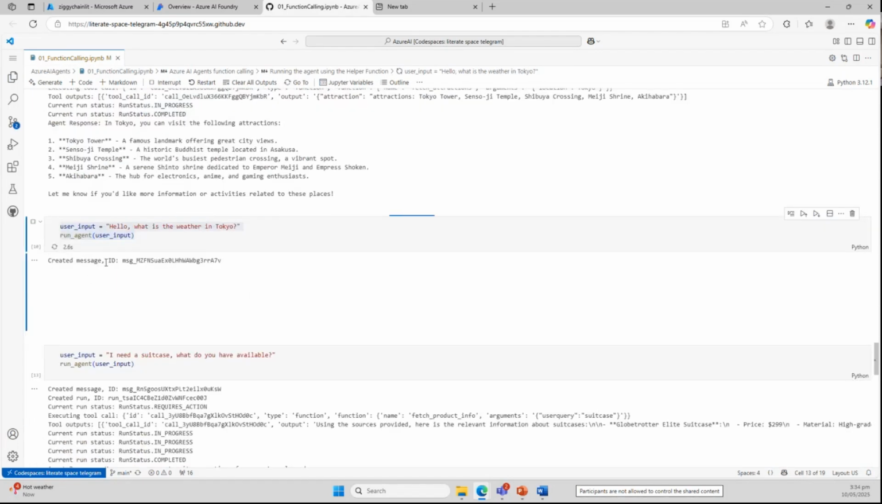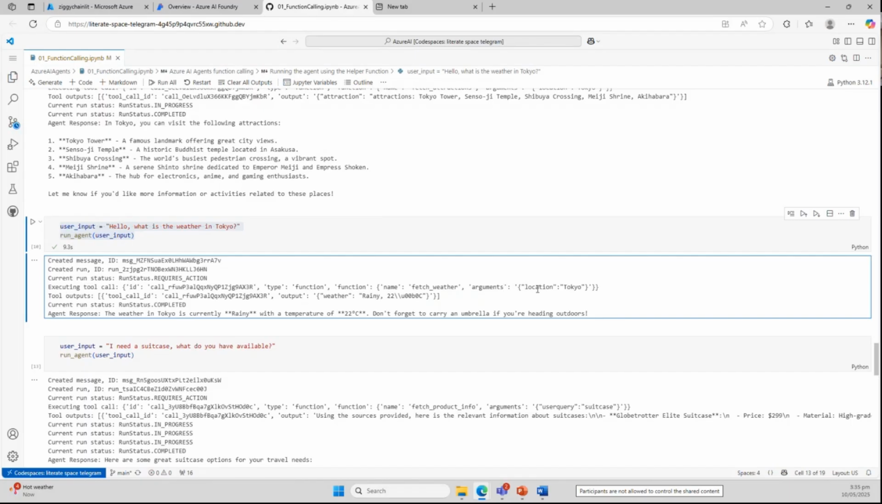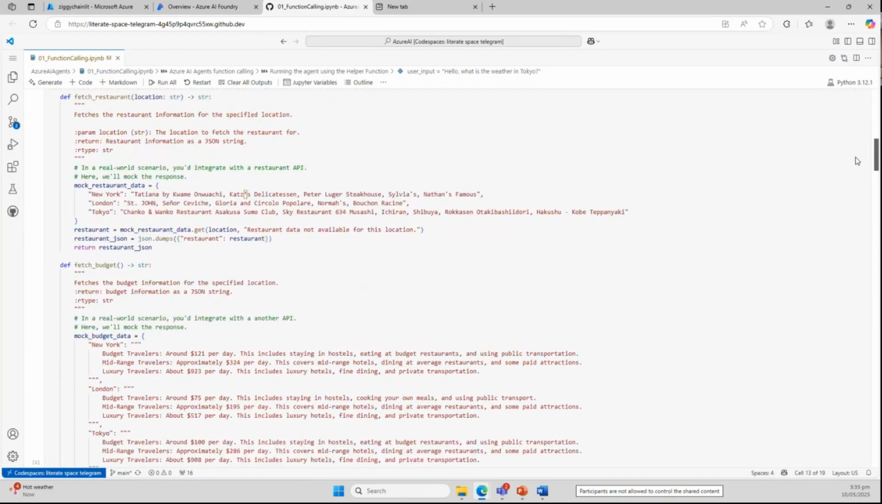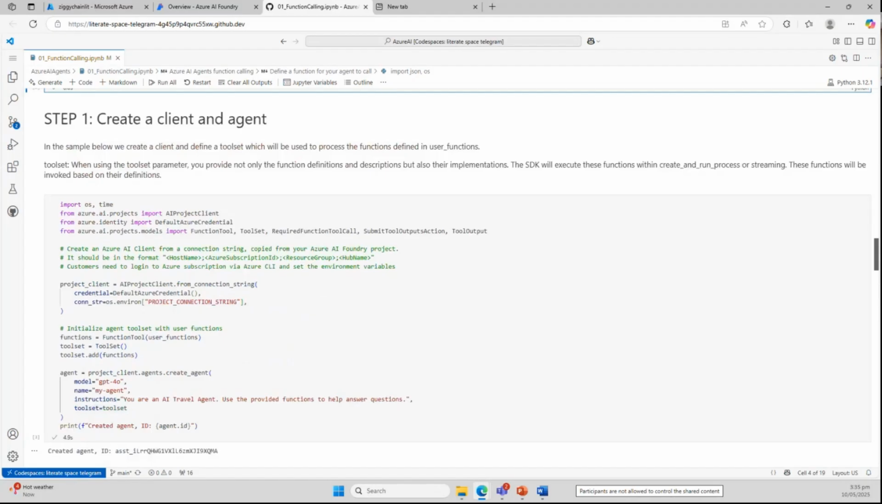We run again, create a message, create a run again the agent. So from here, we need the fetch weather tool this time, in which the argument is Tokyo, and then from here, the response is, the weather in Tokyo is currently rainy with a temperature of 22 degrees. So that information came after in our weather information here, which is rainy, 22 degrees. So heading back,